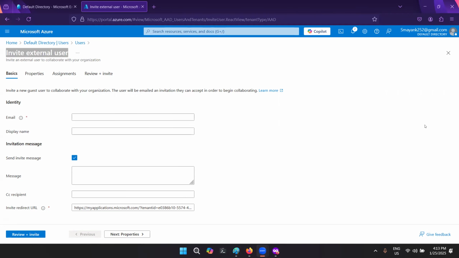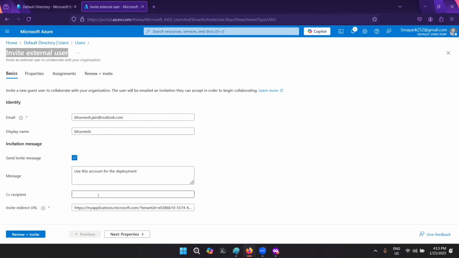No, mostly not many users use Outlook as their own primary account. No issues. So you just simply have to write the email address. Then what is the display name that you want to give him? So this is the display name, and I am sending an invite to him. It depends totally on him whether he wants to accept it or not. I can write a message like, use this account for the deployment.